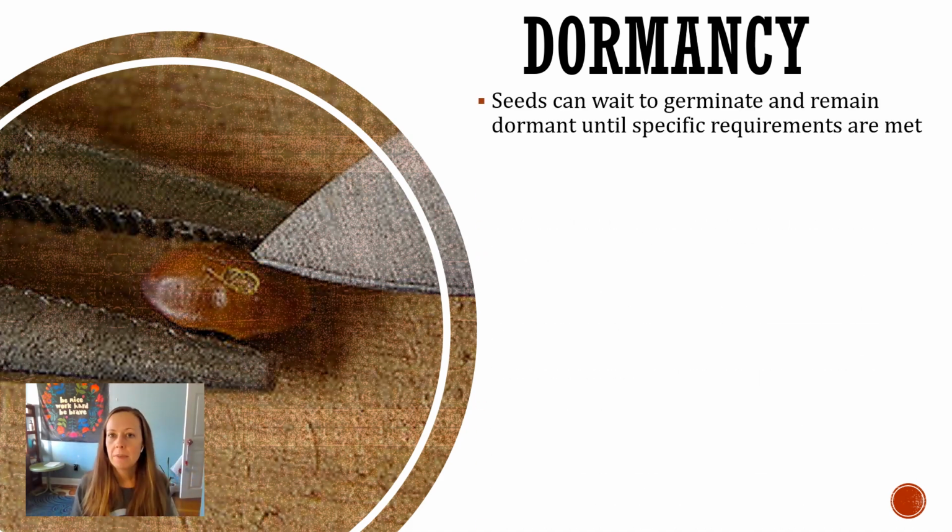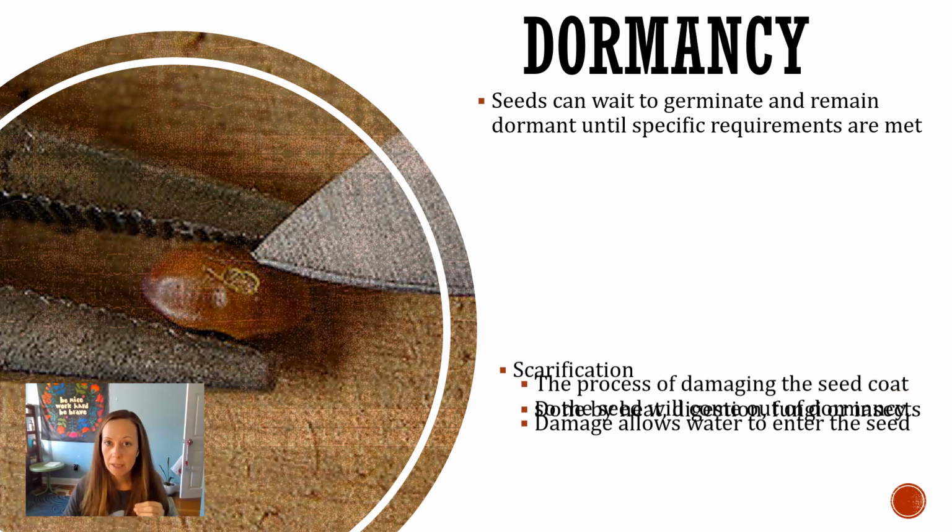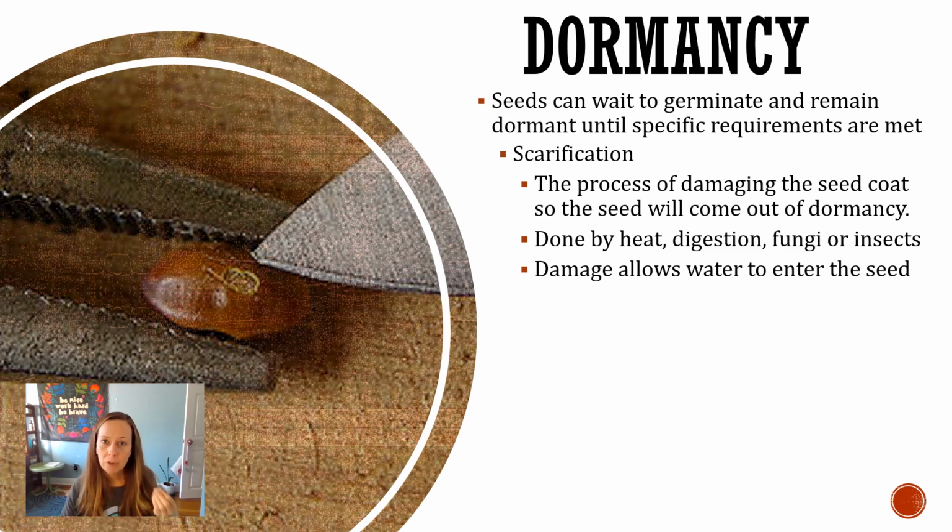Dormancy is going to be the state that the seed is in for the most part. Okay, this is when a seed is waiting to grow. It's considered dormant. Now, some seeds just need water to break dormancy. Other seeds have really specific requirements. All right, so the first type of requirement